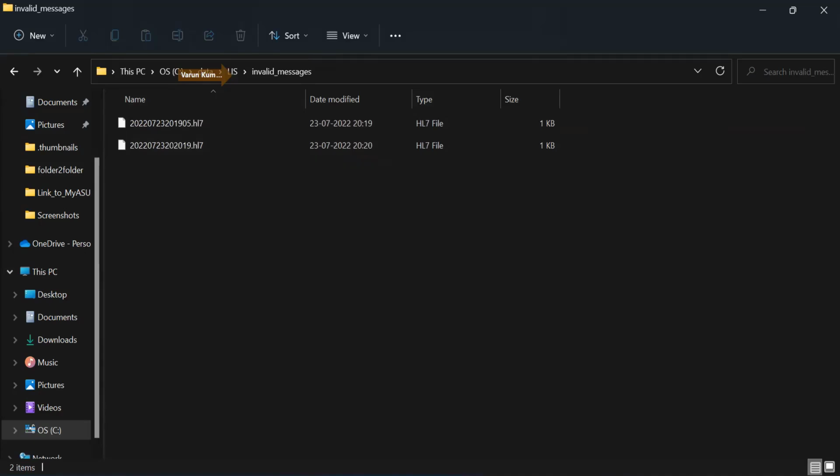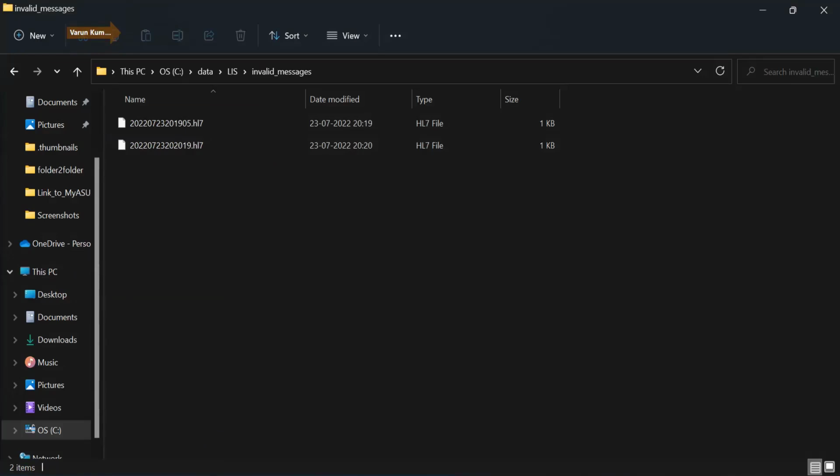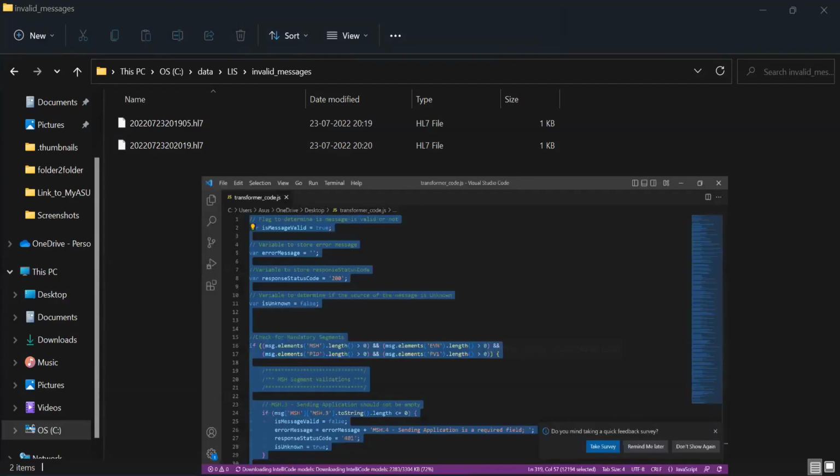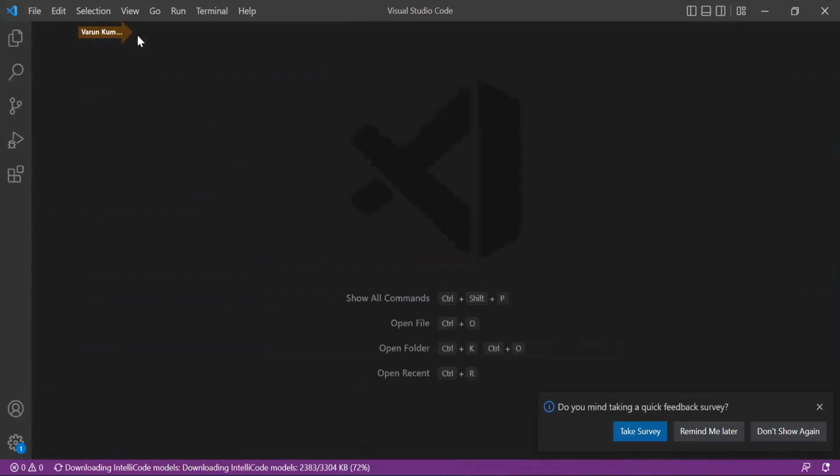What you can do is, open up your code, Visual Studio Code. Close this. You close Visual Studio itself. Open Visual Studio. Close this file alone. Click on File.